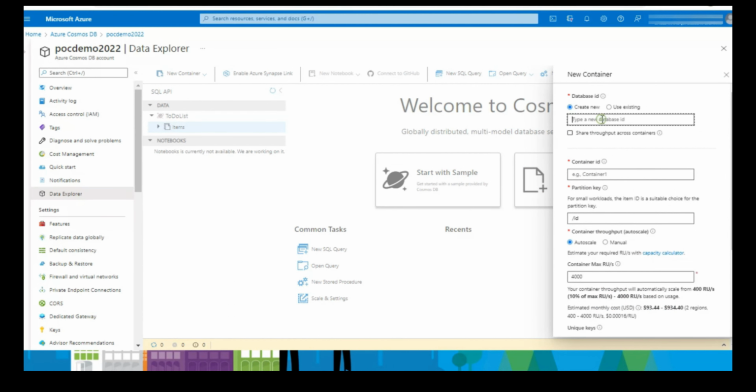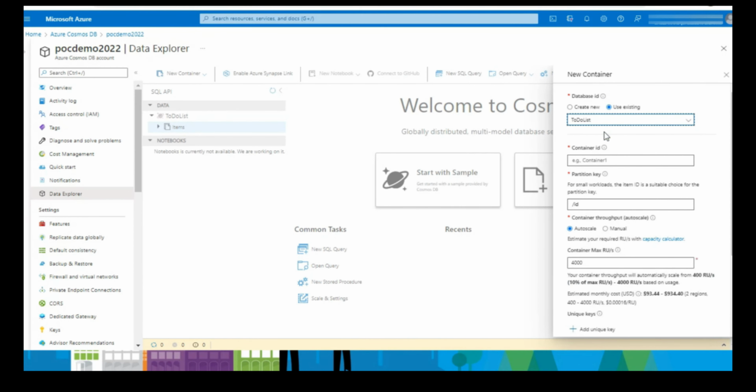Whenever you are trying to create a new container, it should be in a particular database, right? So here you can see you can create a new database or use an existing one. For simplicity, I just want to use the existing database here, and then there is the container ID. As you can see, this should be unique for each container, and it is used by REST APIs and all SDKs to access it. That's the reason it should be unique. So I'm just giving